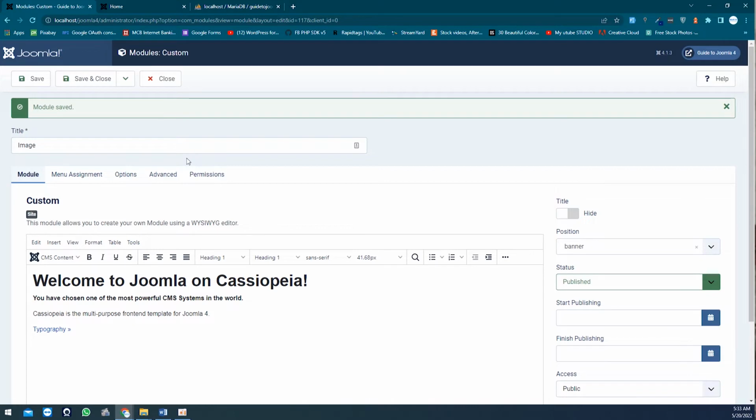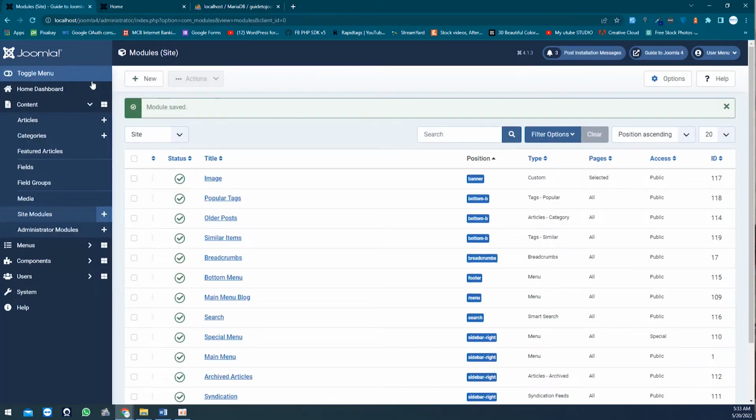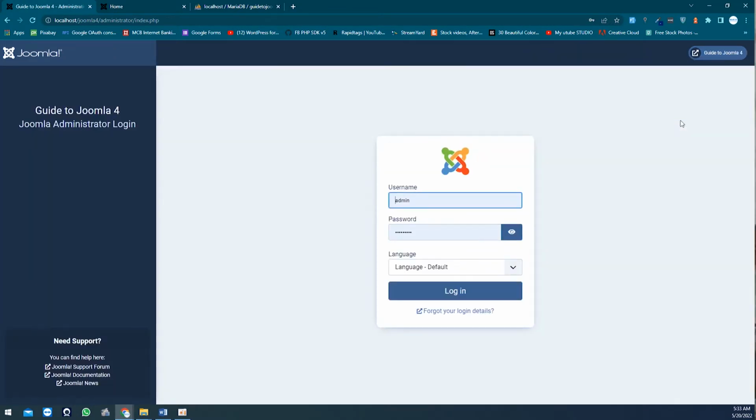I am saving and closing it, and I am at the very last. I am going to log out to end this session. So that was today's lesson, in which I told you in depth about the basics, how to install a website on your local host, and install the different languages in your website, and told you about the dashboard of Joomla,